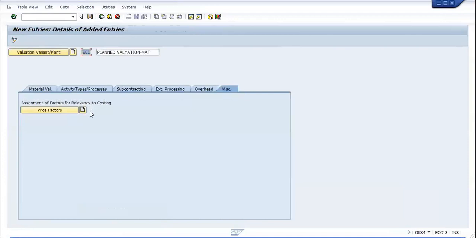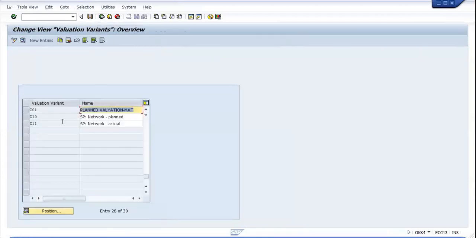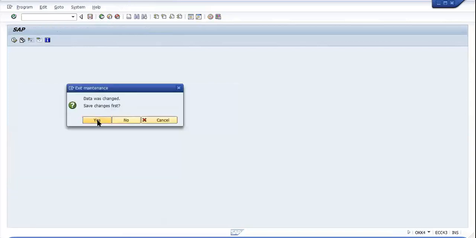So now what I will do, I'll go back, and you can see here Z11. We created three, like Z01, Z10 and Z11: SAP network actual, SAP network plant valuation material. Okay, back, save the changes, yes.